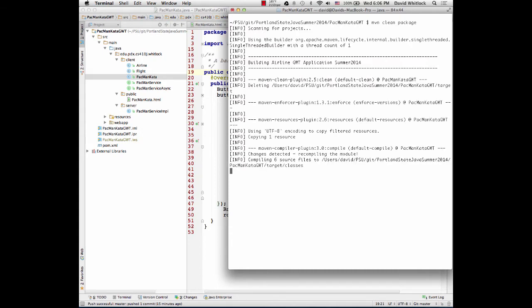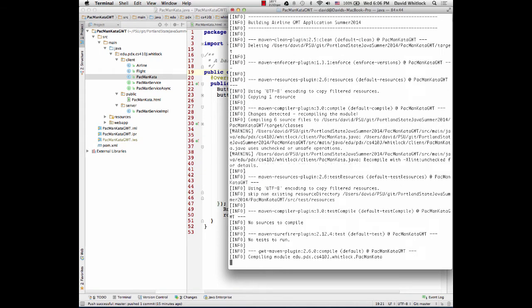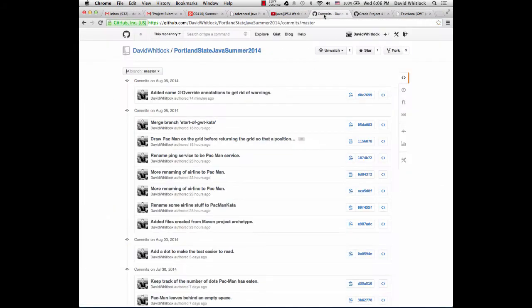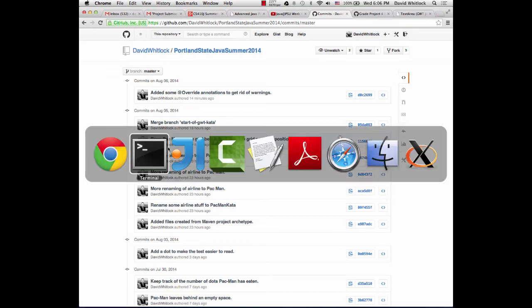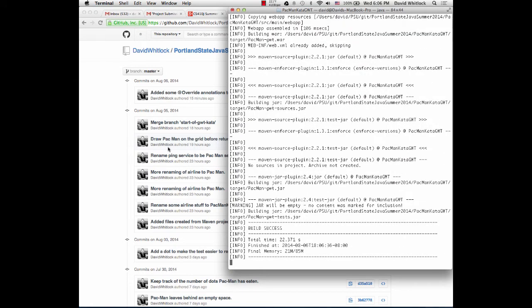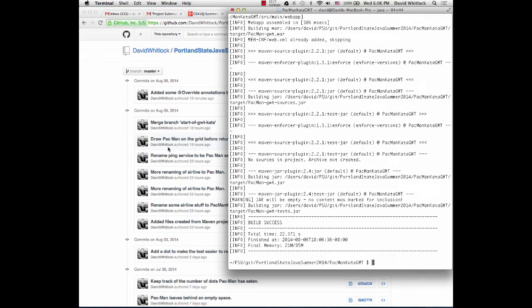So I'll go through and I'll clean everything. Oh, by the way, if you are so inclined, this is all up on this repository on GitHub, and so you can go look at the diffs and stuff like that to figure out what I renamed. Probably not terribly interesting. Anyway, so now it goes to files, builds the war, everybody's happy, and now I will